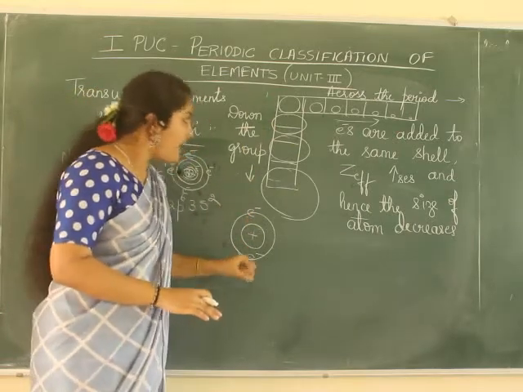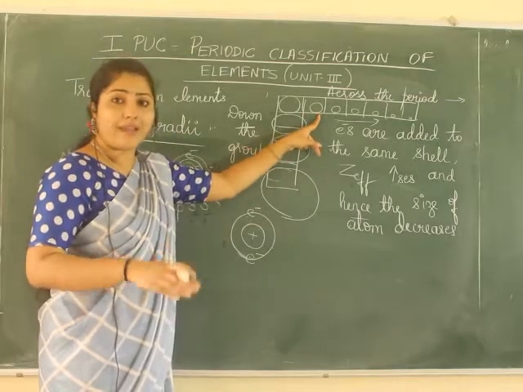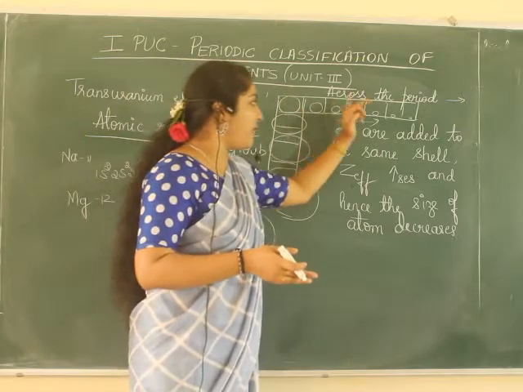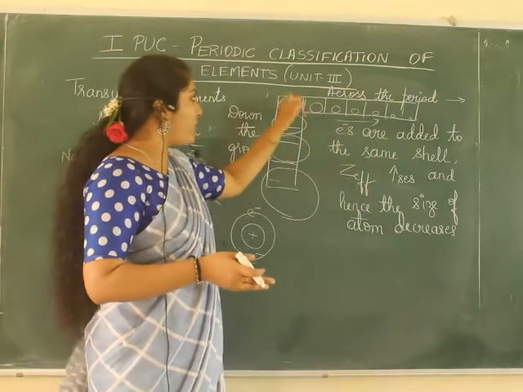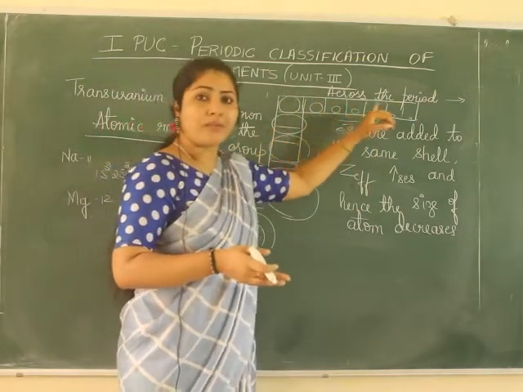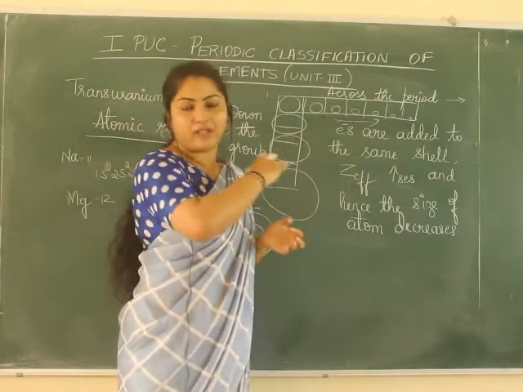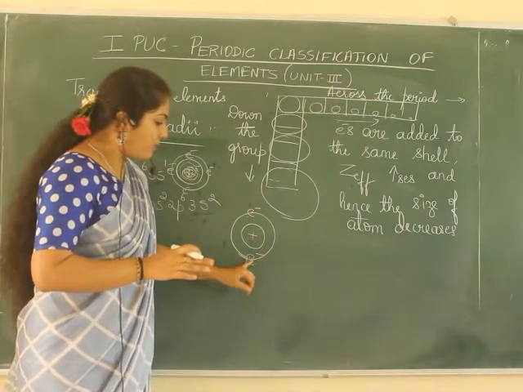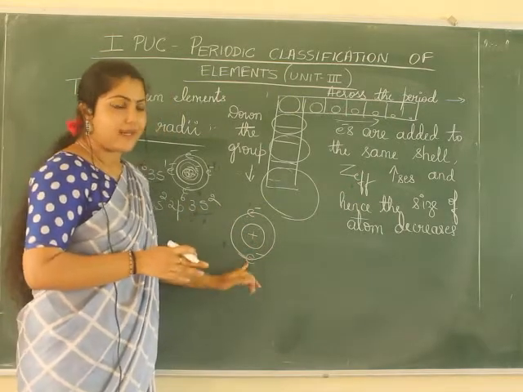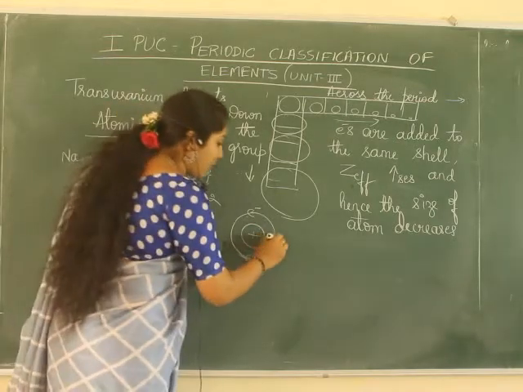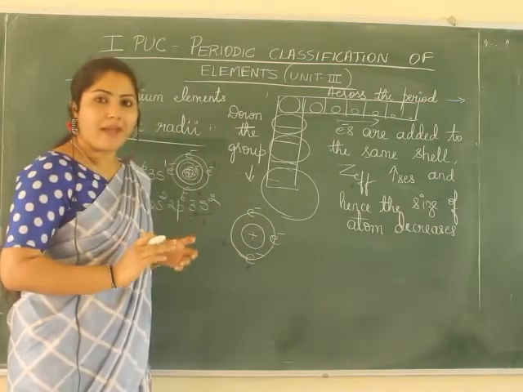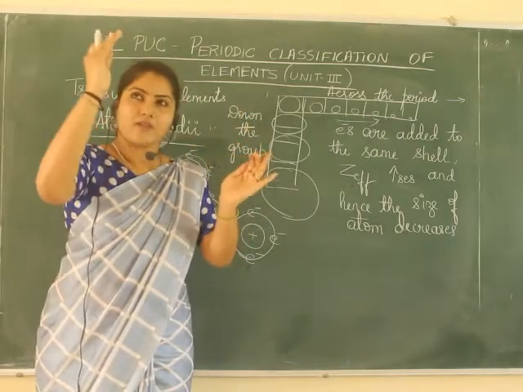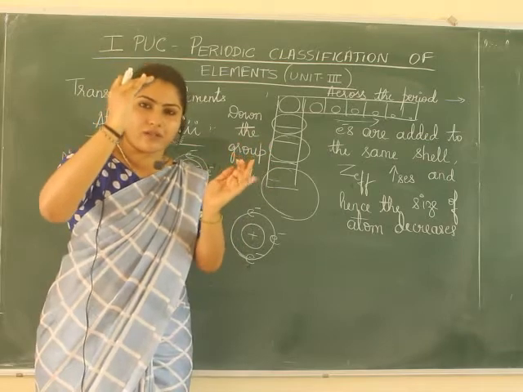Then when you move on to the next, one extra electron is present there. For example, if it is 11, the atomic number will be 12, 13, 14, 15, like that. Say sodium, magnesium, aluminium, silicon, like that it goes if you start from sodium. Magnesium means one electron extra. If you go for aluminium, again one more electron is added. Now imagine, the nucleus is at the center, one electron was added, it pulled it, so the size shrank to some extent.